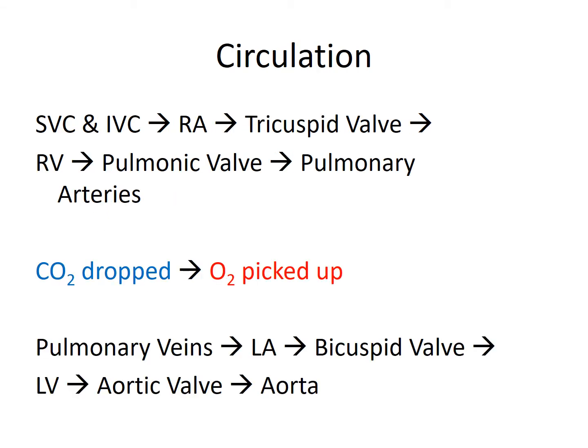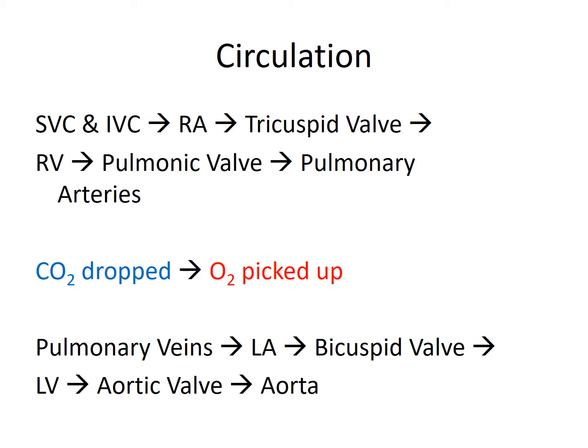Let's look at the circulation of blood through the heart. Now remember, this is a loop system, so it doesn't matter where we start. Doesn't matter if we start in the superior vena cava or if we start in the left atrium. We'll come back through in the same order. So let's look at Rudy, the red blood cell. He's going to be oxygen poor, coming back to the heart, either through the superior vena cava or inferior vena